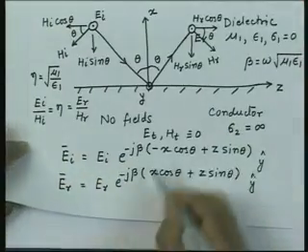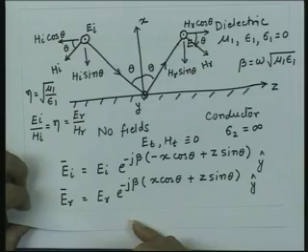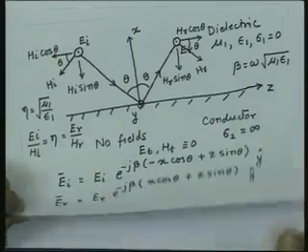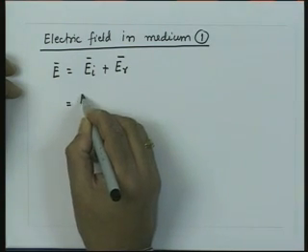I just take these two expressions, put ER equal to minus EI, and find the sum of these two fields. So, this will be equal to EI